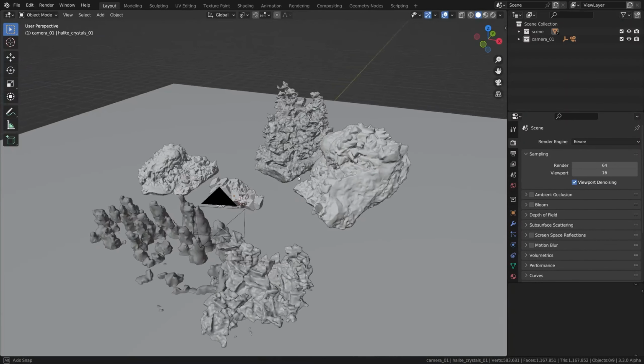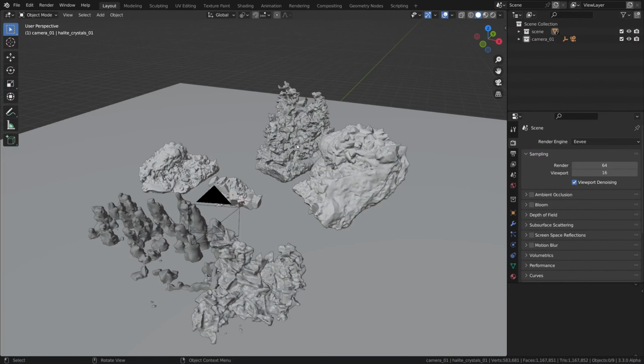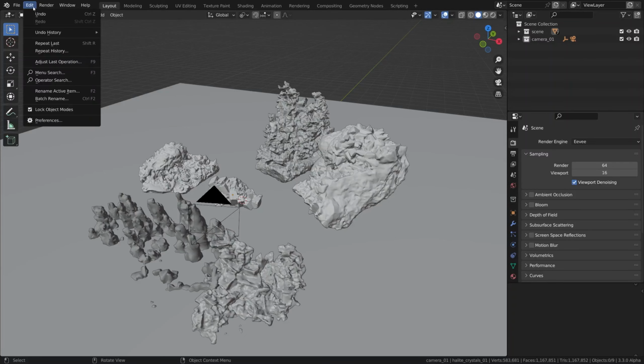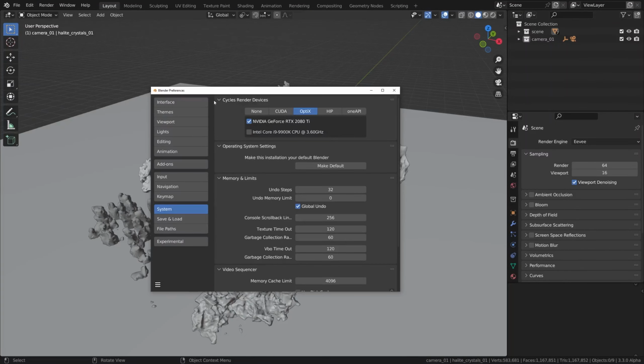Once you open the demo file, you will see a bunch of minerals arranged on the table, and that's how it should look. But first, let's jump over to Preferences and make sure that within the system settings, we have our GPU visible. We can tell that my render device, which is NVIDIA, the GPU, got recognized. There are different options available for accelerating ray tracing, such as CUDA and OptiX, with OptiX being available on NVIDIA